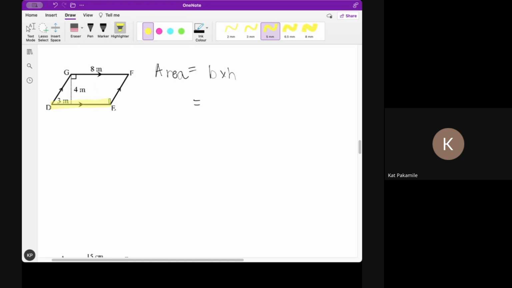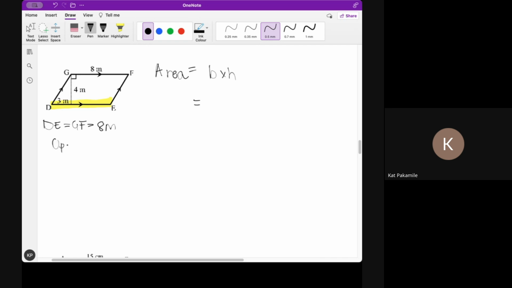I know you guys are looking at DE. If you are having doubts and you want to use the base where you can see that the height is perpendicular, it's actually also perpendicular here. Can you see this? 90 degrees. But if you want to use this one, just make sure you first declare it before you use it. So you can go ahead and say DE is equal to GF, which is 8 meters,